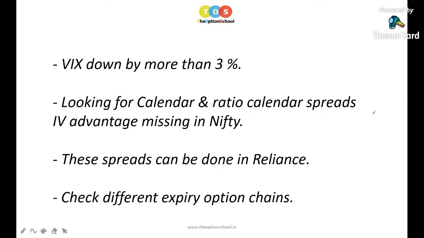What is that IV advantage? I would request all of you, please write it in the chat window, write it in the comment section: do you understand IV advantage when it comes to time spreads? And according to your understanding, what do we mean by IV advantage in time spreads? Time spreads means calendar spreads, double calendar spreads, diagonal spreads and ratio calendar spreads, right? So it is very important to do option chain analysis whenever we are doing this kind of a strategy, so that we are able to know whether IV is at an advantage or whether there is an IV disadvantage,